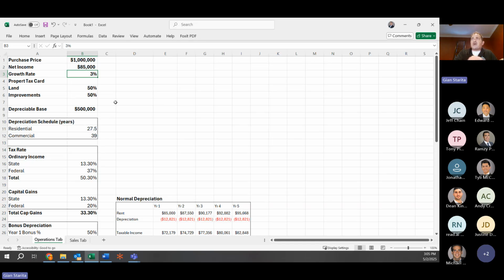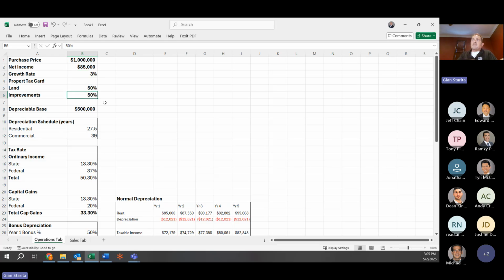I get my assessor's card, which you used to have to go in and do in person. Now you just do it online in 3 seconds. And the assessor's card, which by the way won't say $1 million, it might say 450,000. That might be the assessed value. Assessed value is not market value, people. It is not the same thing. But let's say it said 450,000 and it said 225,000 for land, 225,000 for improvements. That's 50-50. Okay, so that's the numbers I'm using.